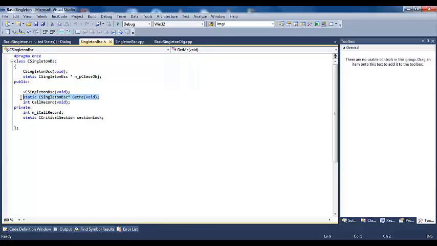This is our accessor function, which will provide access to our class pointer, and this will also manage the lifetime of our class object. This is the public function I'm talking about, which is going to be called from the dialog box. This is our variable which will keep track of how many calls have been made to this function. This is a critical section. I will come back to this in the second demo.